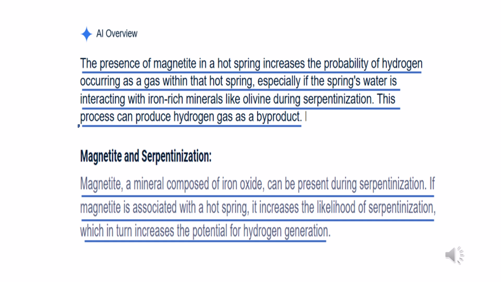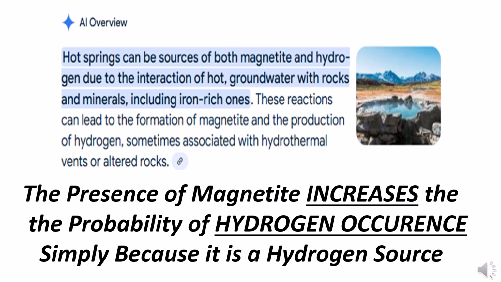Serpentinization is a redox reaction between iron and water. Magnetite, a mineral composed of iron oxide, can be present during serpentinization. If magnetite is associated with a hot spring, it increases the likelihood of serpentinization, which in turn increases the potential for hydrogen generation. Additional AI overview states that hot springs can be sources of both magnetite and hydrogen due to